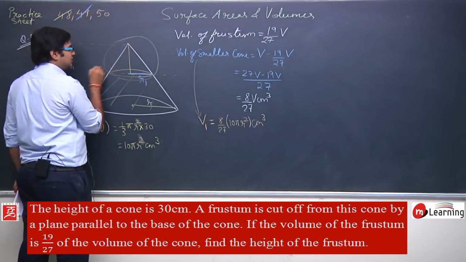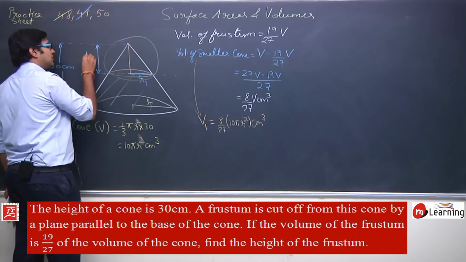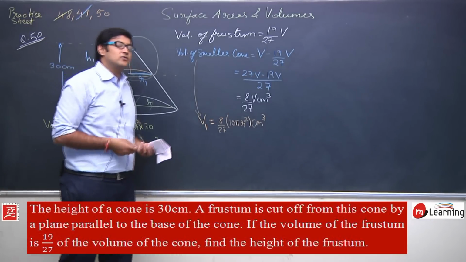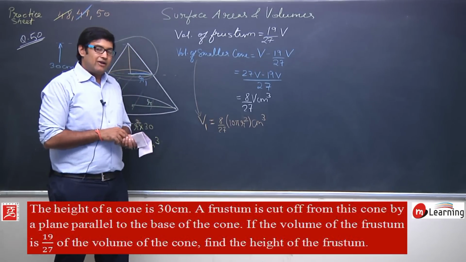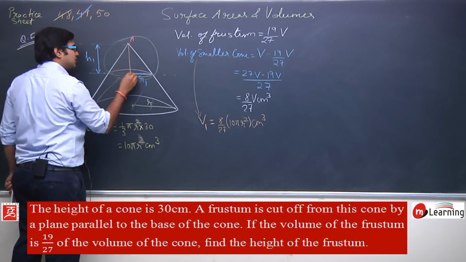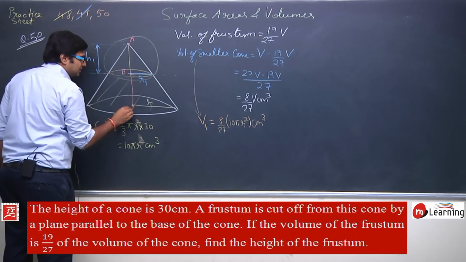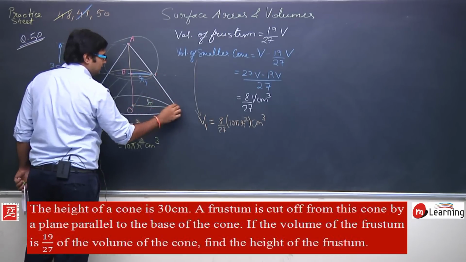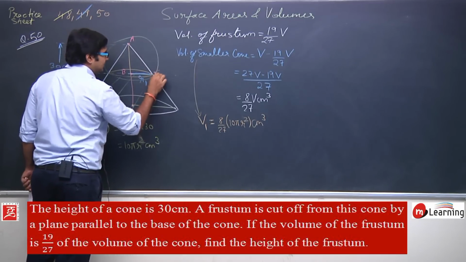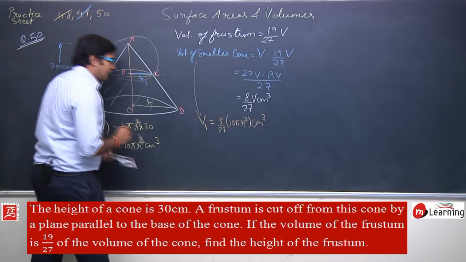and what is the height of this smaller cone? Let us say the height of the smaller cone is H1. Now I can see this is, let us say, point A, this is point B, this is a straight line, this is point O, this is D, let us say this is C and this is D. So I can see that in triangle